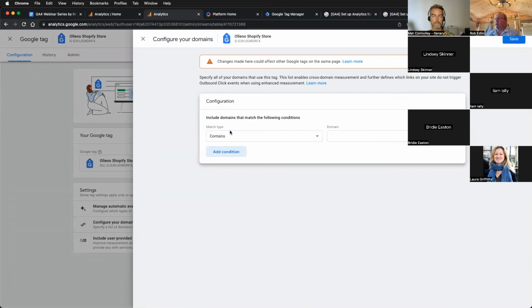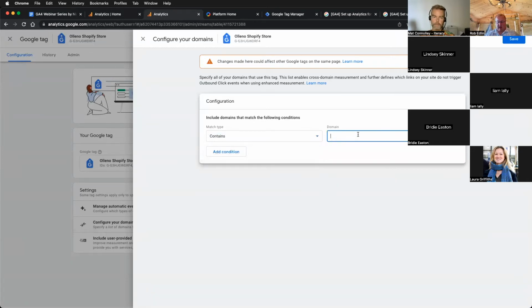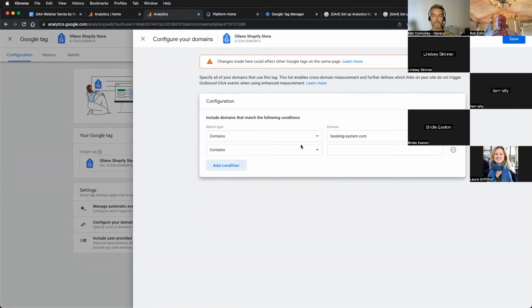So we can put another condition in there. So you can say include domains that match the following conditions. So we've got contains, begins with, ends with, exactly matches, or matches regular expression. So what you would tend to have is contains, and then it could be booking-system.com, or whatever the domain name is for the booking system,